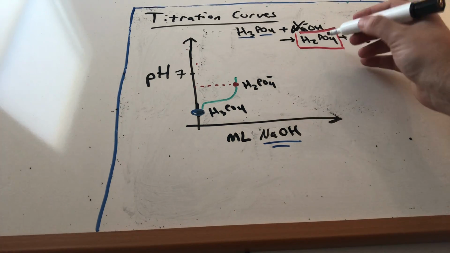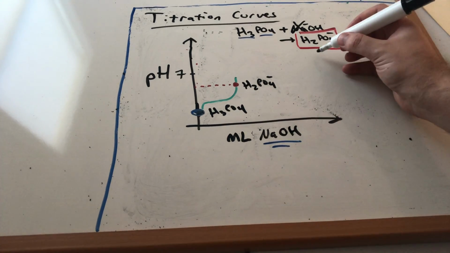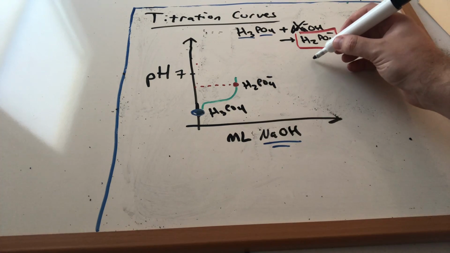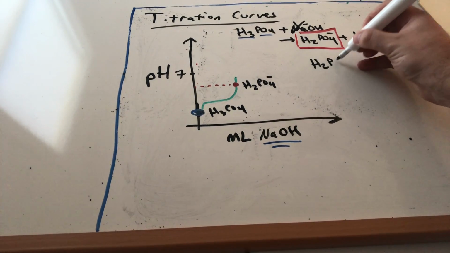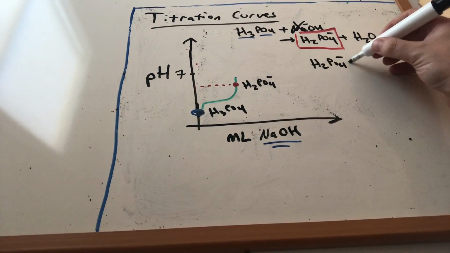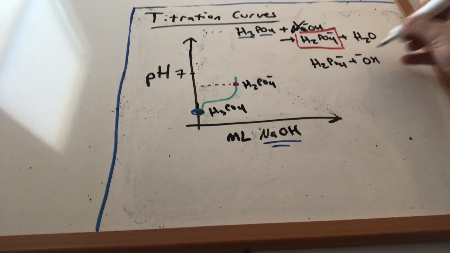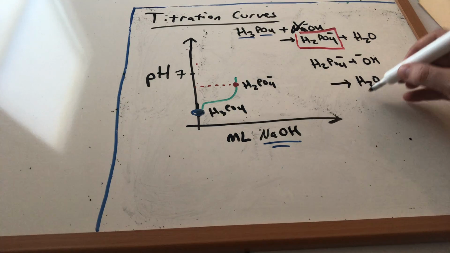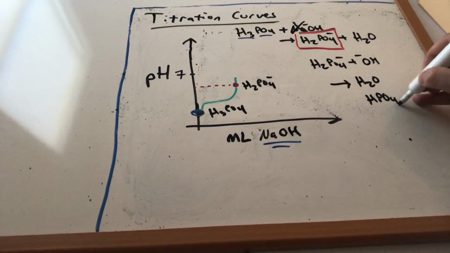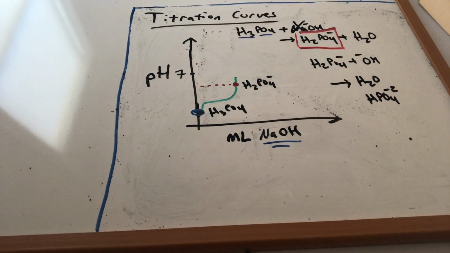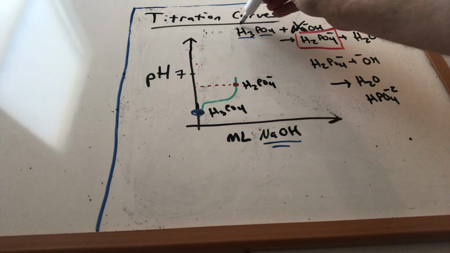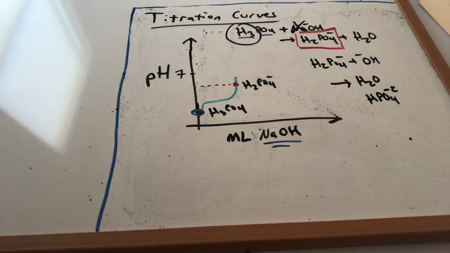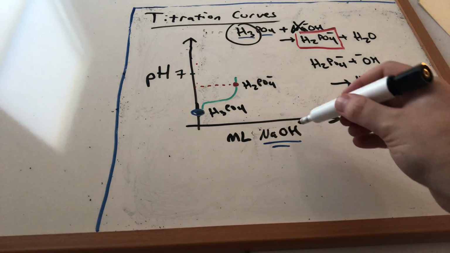Because this is an acid, and if we keep dumping in NaOH, guess what? Another reaction is going to occur. And H2PO4 minus, reacting with that OH minus we put in there, is going to make water and HPO4 2 minus. So we have three acidic protons that we're going to be able to take